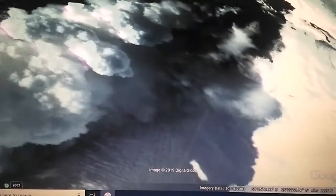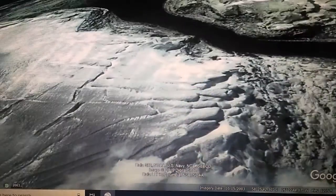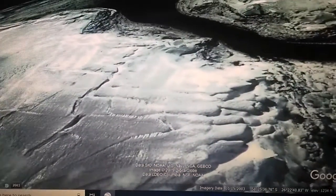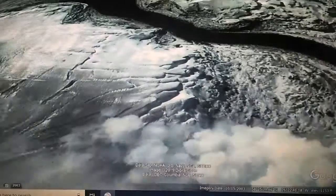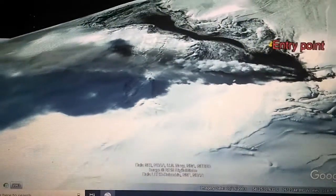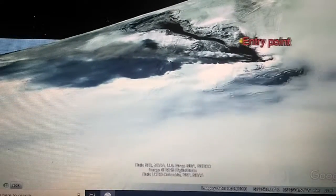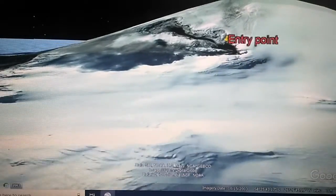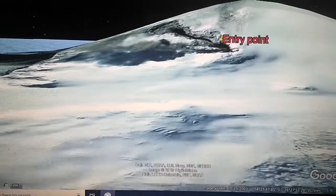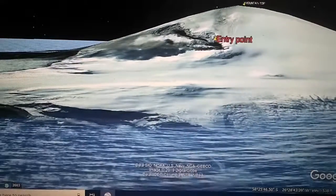That smoke right there coming out of the hole where the lava channel runs into has been the same exact way for the last 5 years at least. You know, on here, since 2003. Now most of these other islands, they're blotched over. But as you can see, that shadow from the smoke, that smoke stretches out way out into